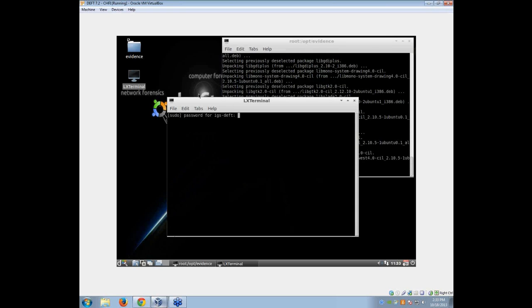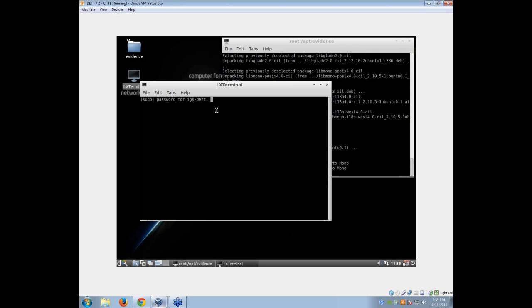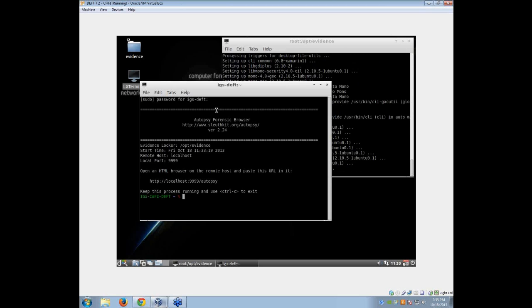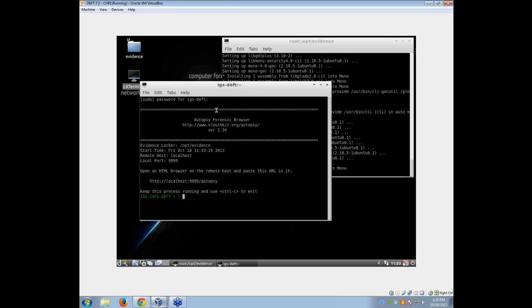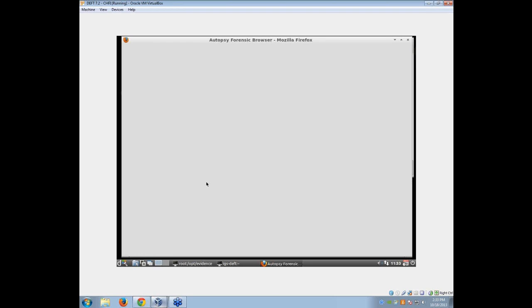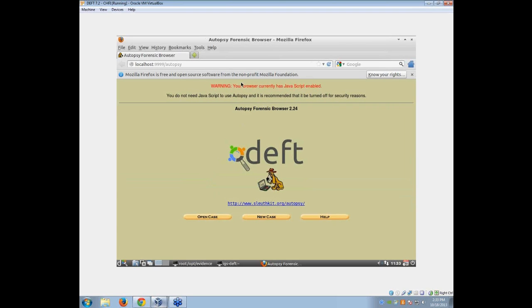So we're going to set up our forensics browser and install our first image. So open it up, enter your root password. That should get it running. If it doesn't auto open for you, you can click on this link right here, or you can manually open it in a browser. It usually opens up for you. So now that this is open, you want to select New Case down here